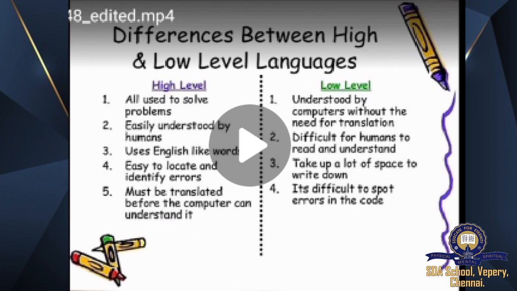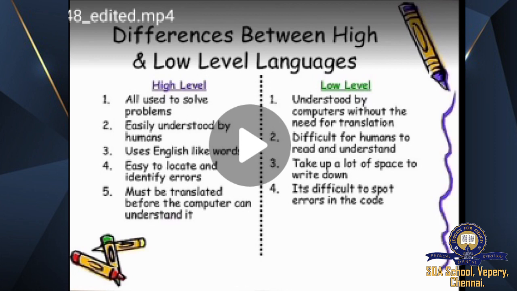This is the only language that is understood by the computer in its own form. Program coding is done in the form of binary digits, and hence it is necessary to give instructions to the computer to perform any kind of operation in machine language, and this language is called binary language.